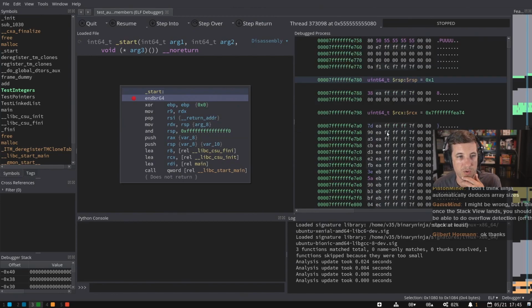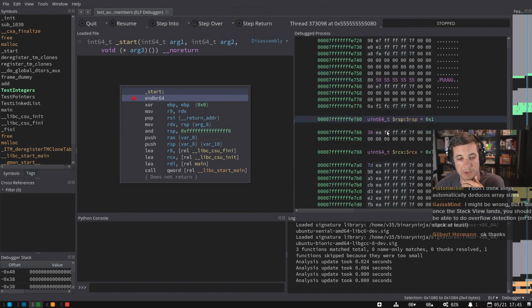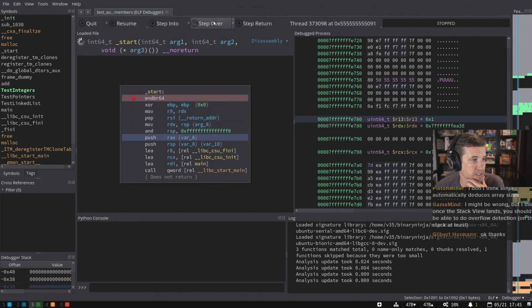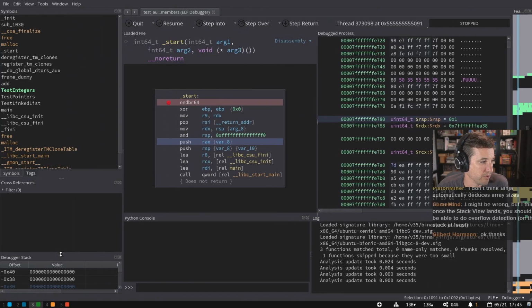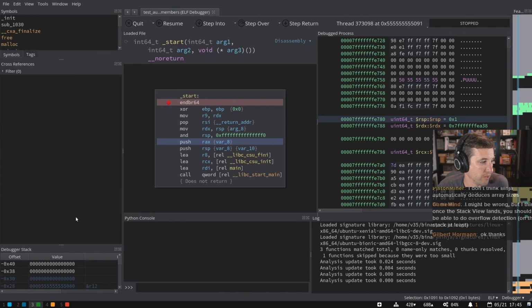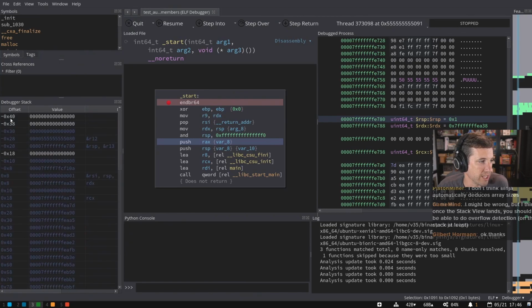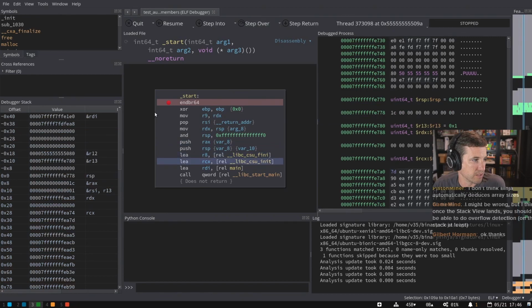Yeah. So we've been thinking about this a little bit. If you step over a couple times here, we'll see as we step in the debugger where it's annotating what the stack looks like and what these variables look like. This is one of the designs we've been considering. The other alternative, or maybe a hybrid of the two, is over here. That's the actual stack viewer, which just has the offset and the value. It's a little hard to read this particular theme, actually. And I think it annotates as the stack changes.